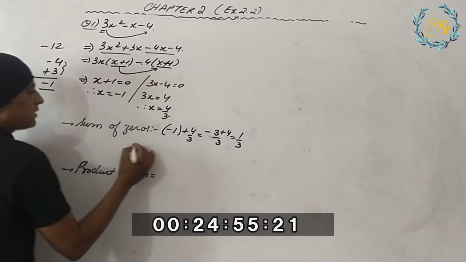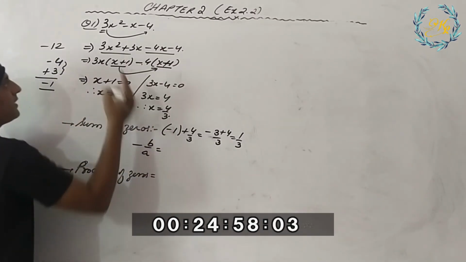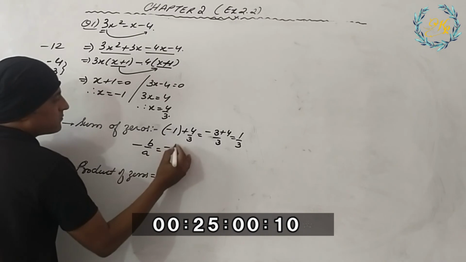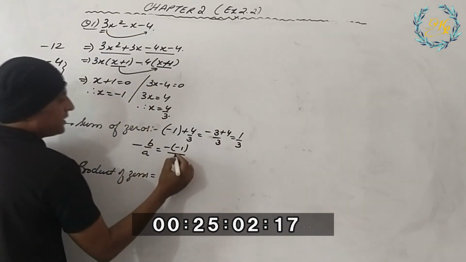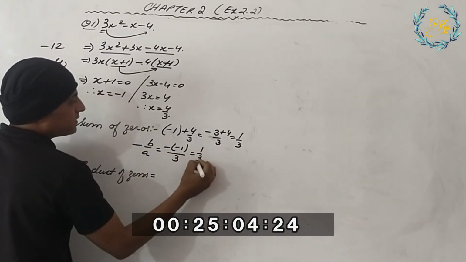upon 3. Comparing with the coefficients, minus b by a. The value of minus b is minus 1 times minus, that is 1, and the value of a is 3. You get 1 by 3. You can see the values are the